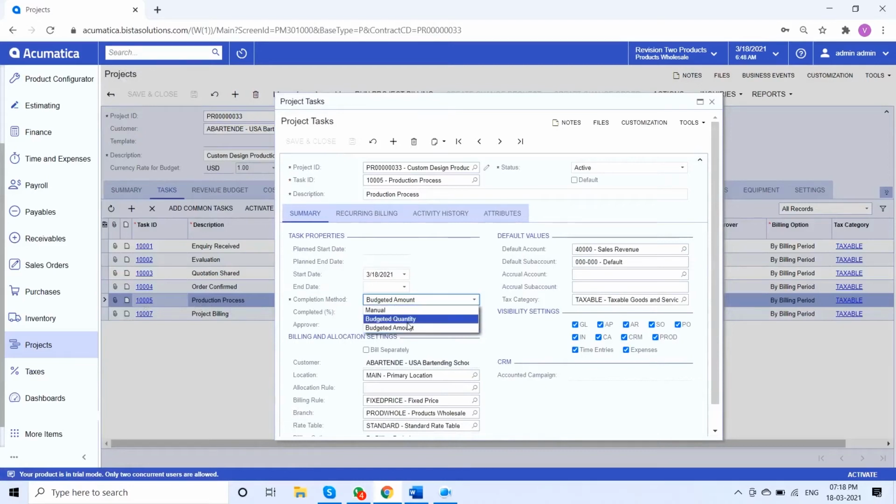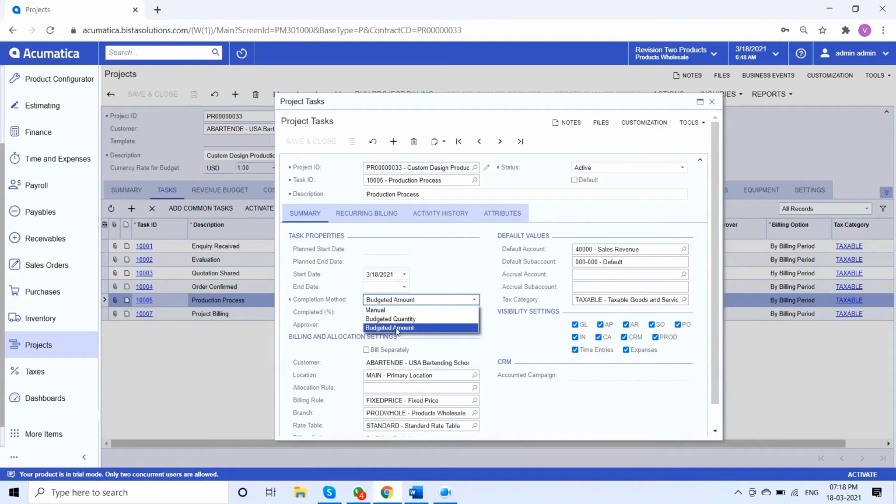Here I set my completion method on the budgeted amount. So we can set it to manual, where I have to complete this task manually, or I can set it to budgeted quantity. Once my total budgeted quantity is consumed, my revenue budget will be completed, or else I can set it on amount.